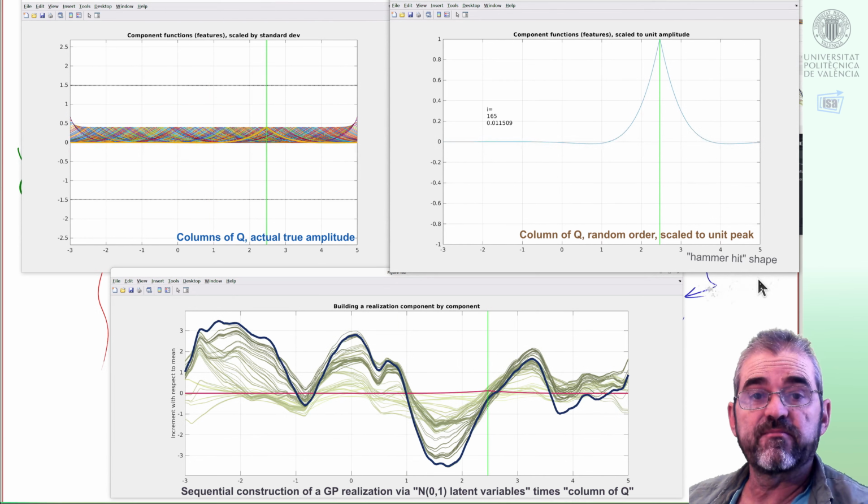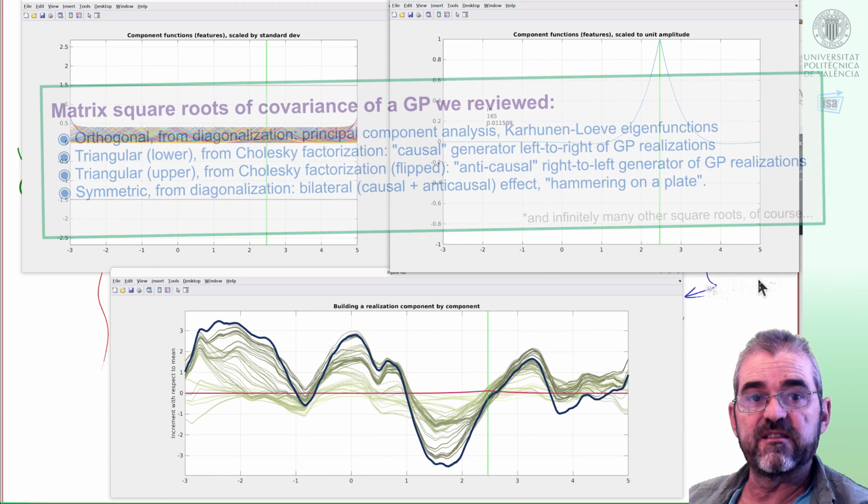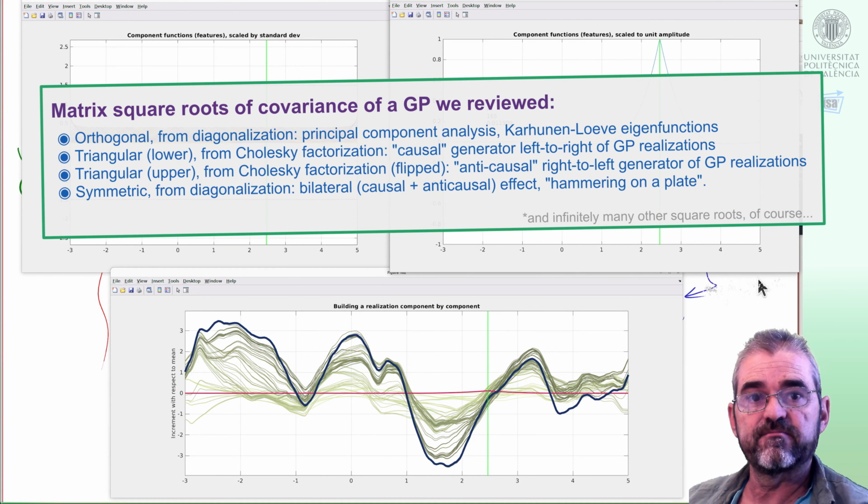So this is another realization, and to summarize all the collection of videos, in a stochastic process we can consider it a collection of random variables, and so the covariance between them is what defines the properties. And as that covariance matrix does have a lot of different square roots, then we have different interpretations on the meaning of the latent variables that build that covariance structure. We have the principal component diagonalization interpretation. We have the causal triangular square root interpretation, Cholesky. We have the anti-causal representation, the upper triangular flipping the order of columns and rows, and we have the symmetrical